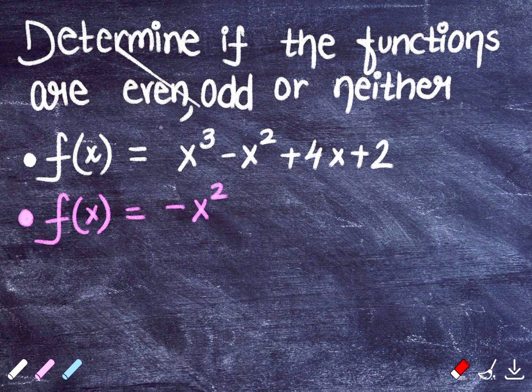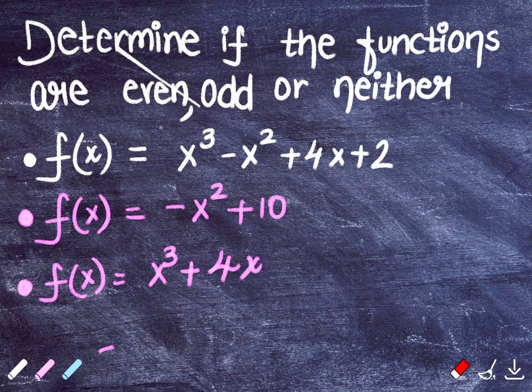Next one, f(x) = -x^2 + 10. Third one, f(x) = x^3 + 4x. And the fourth one is y = |x| + 4. So graph these functions and find out